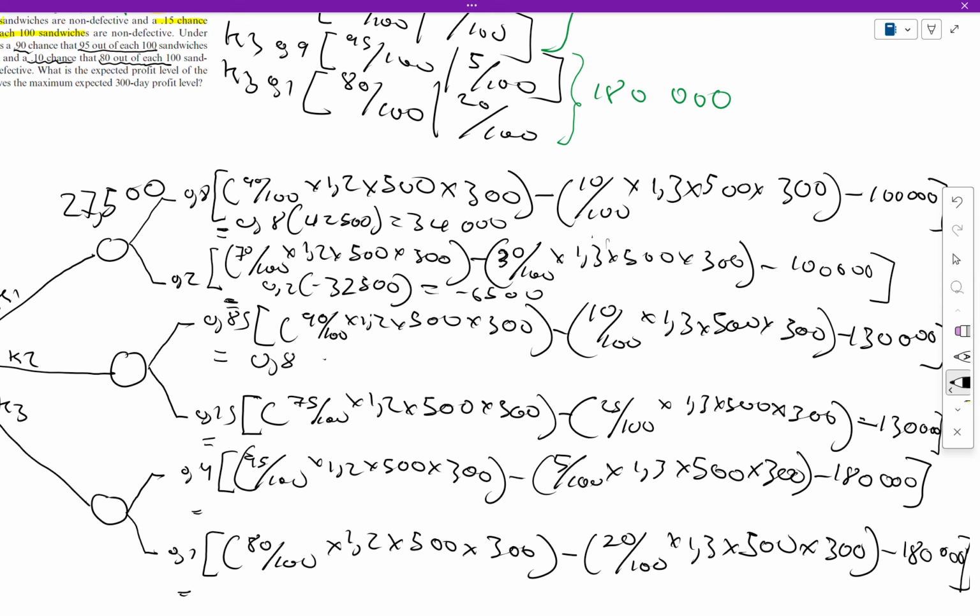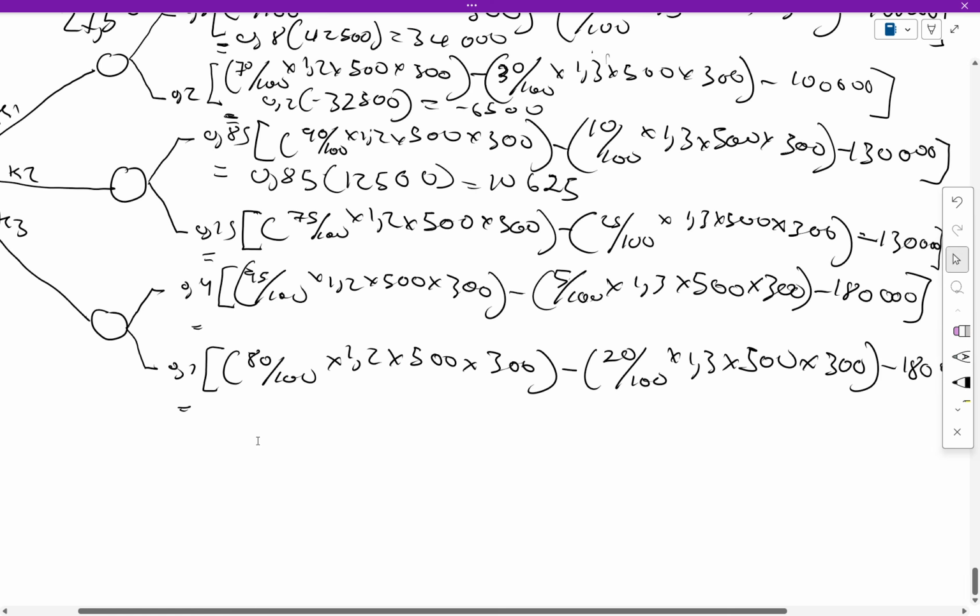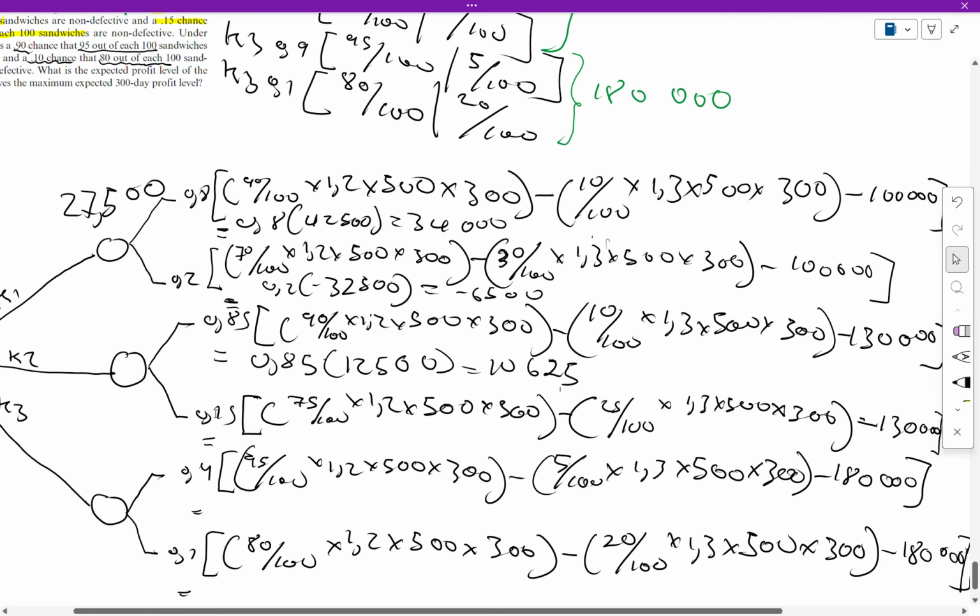Then 0.85 open bracket 12,500, which is equal to 0.85 times 10,625. Okay. Then now